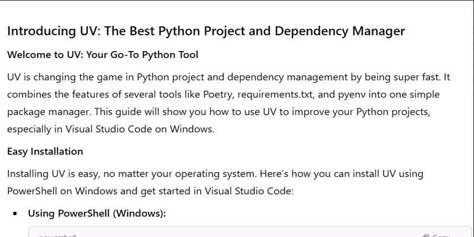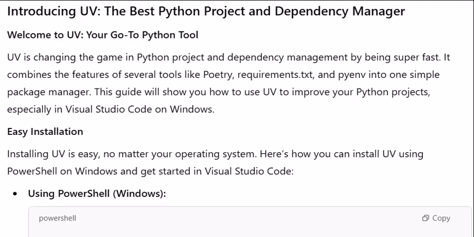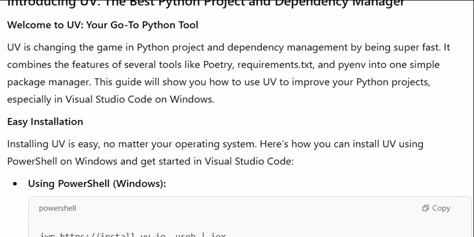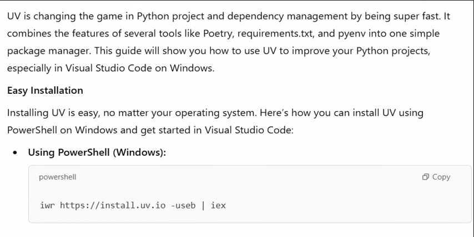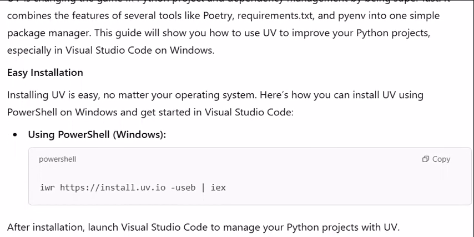Introducing UV, the best Python project and dependency manager. Welcome to UV, your go-to Python tool. UV is changing the game in Python project and dependency management by being super fast. It combines the features of several tools like Poetry, requirements.txt, and PyEnv into one simple package manager. This guide will show you how to use UV to improve your Python projects, especially in Visual Studio Code on